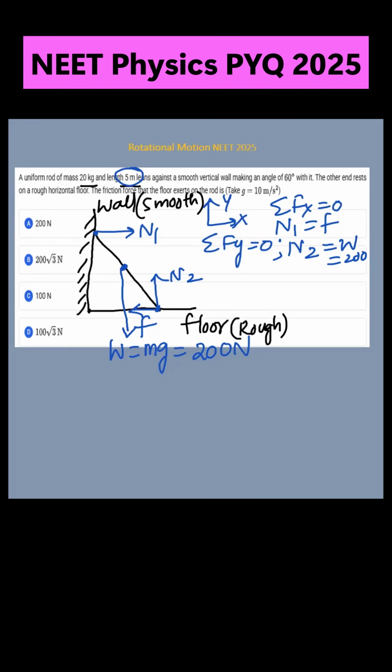Since the system is under equilibrium, let us take the total torque about the point O equal to 0. According to the principle of moments, clockwise moments equal anti-clockwise moments. So let us write what the clockwise and anti-clockwise moments are. This is the weight, which is acting in this direction. This is anti-clockwise, but let us calculate the perpendicular distance to it.